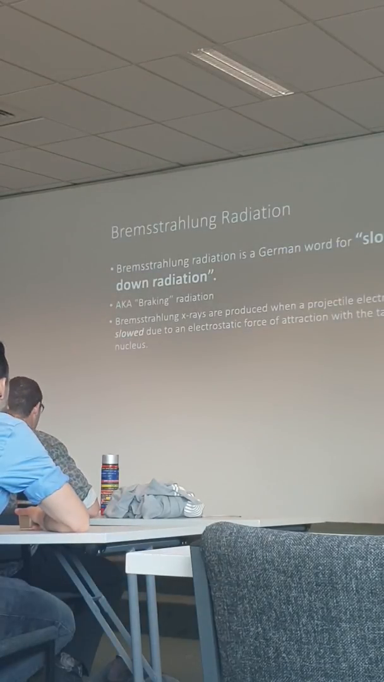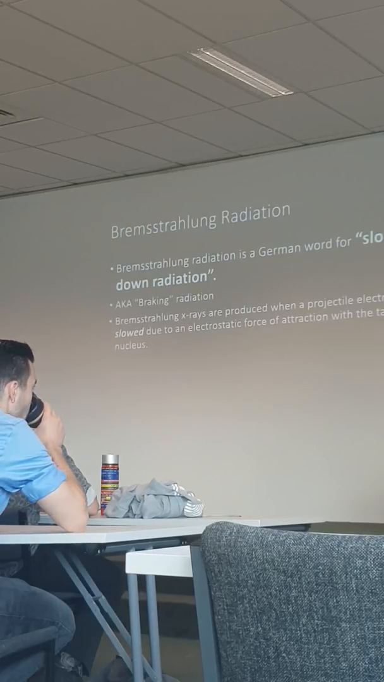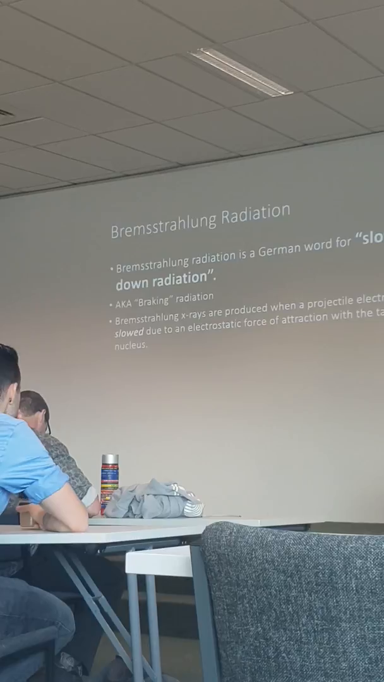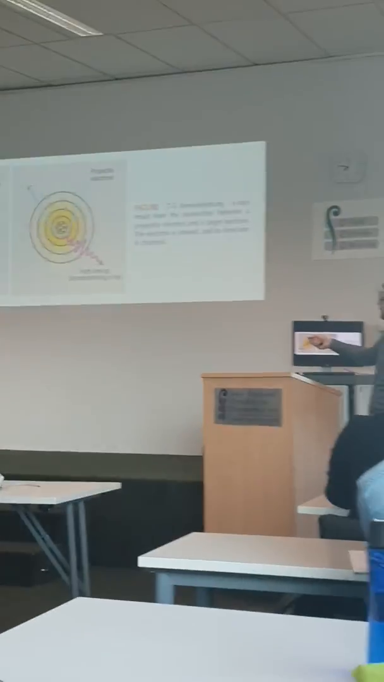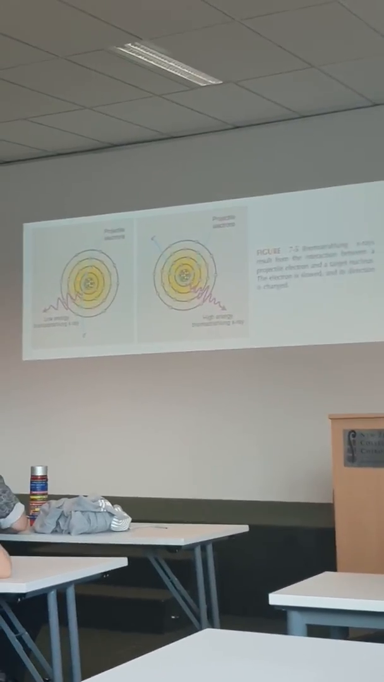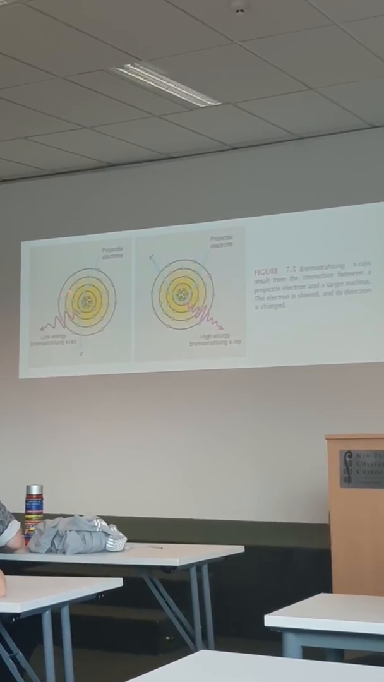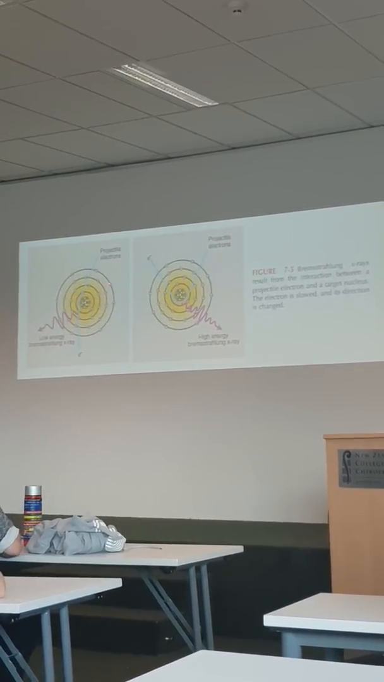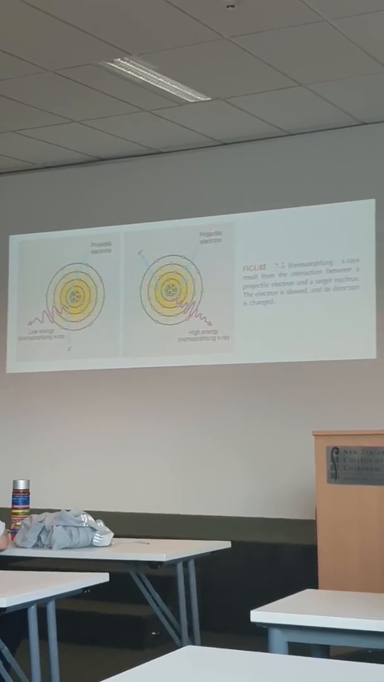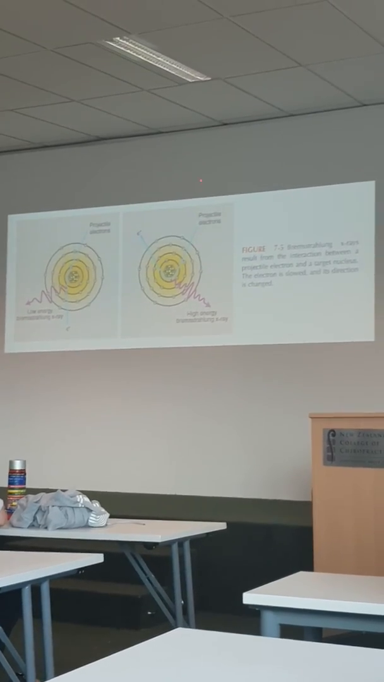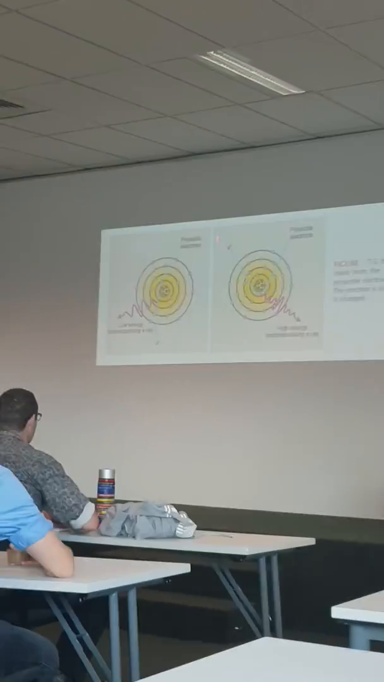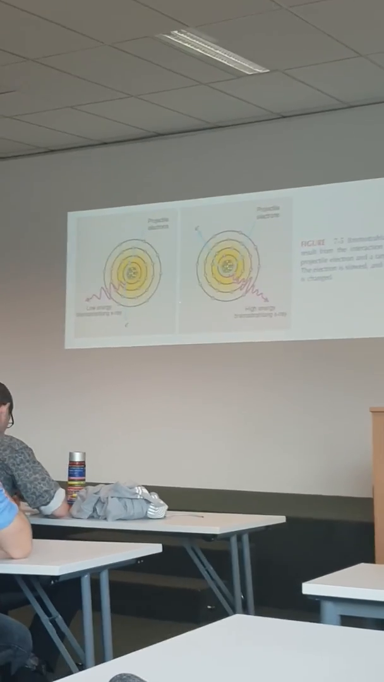Bremsstrahlung radiation, so this is the German word for slowed down radiation or braking radiation. This is produced when projectile electrons are slowed down due to an electrostatic force of attraction with the target atom nucleus. So as you see here, the projectile electron is flying close to the nucleus. It's then attracted to the protons in the nucleus, which causes it to change its direction. This releases some energy in the form of a very low energy Bremsstrahlung X-ray. If you have a greater deflection, there's a greater change in energy, so more energy is